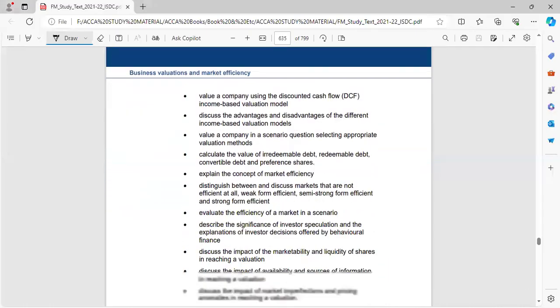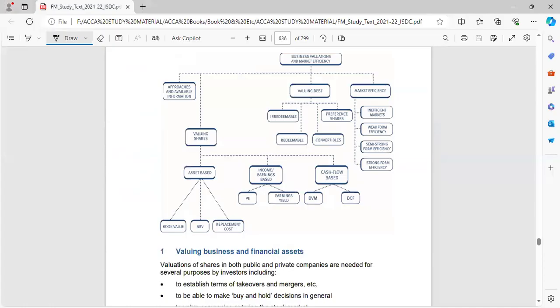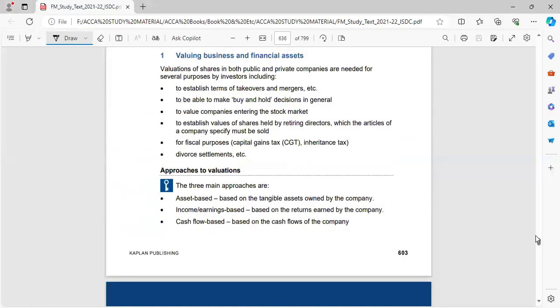Okay, what is business valuation? Business valuation is basically where we are valuing our business or our assets. Why do we want to calculate the value of our business, or the value of our assets? For example,